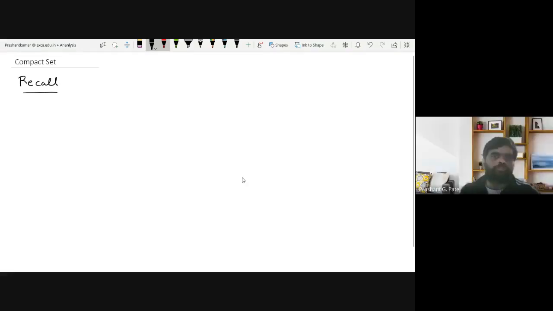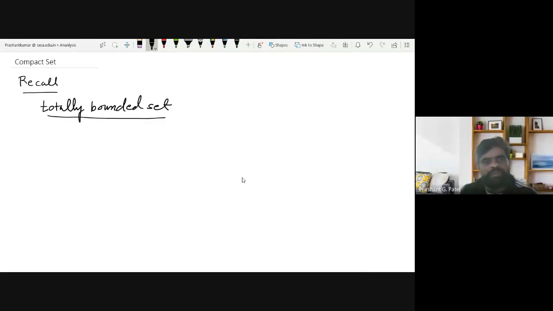In the previous lecture, we have talked about the totally bounded set. So what is a totally bounded set? You want that A, which is a subset of a metric space X. If you want to say that A is totally bounded, if for given epsilon greater than 0,